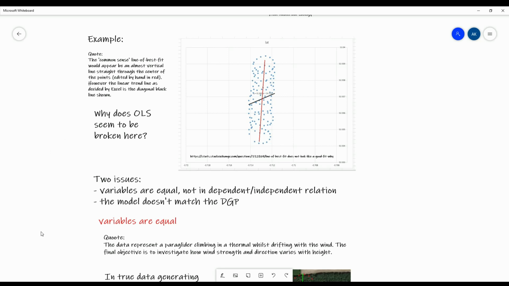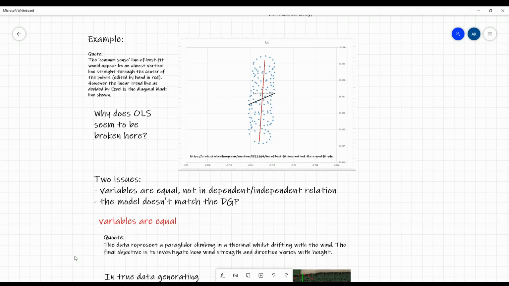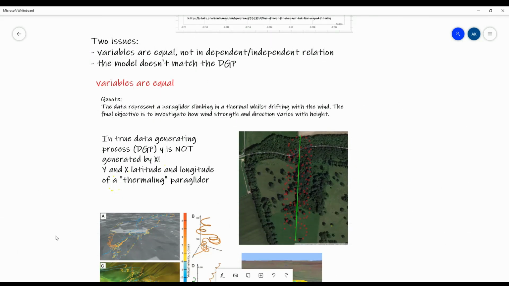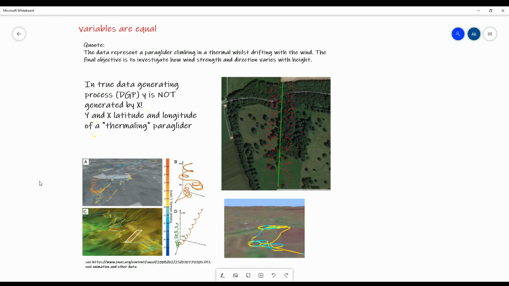We found on the internet someone asking about a paraglider moving and recording the paraglider's latitude and longitude, and when Excel was used with OLS to fit the best fit line, the best fit line was not producing a reasonable fit. So we stopped at discussing the nature of the problem. We have this paraglider, or he or she, whoever, making a spiral type of movement, so the paraglider is moving in this thermal, this atmospheric